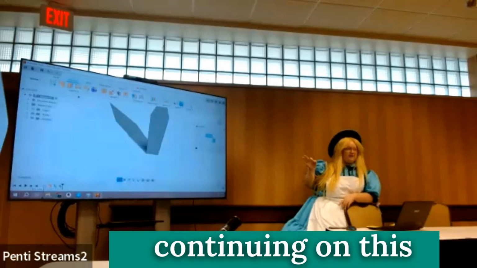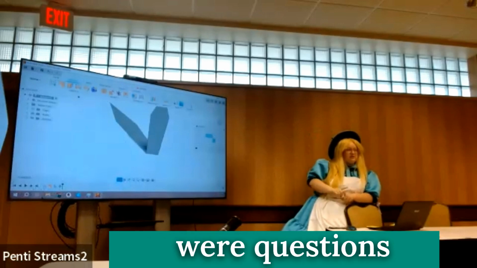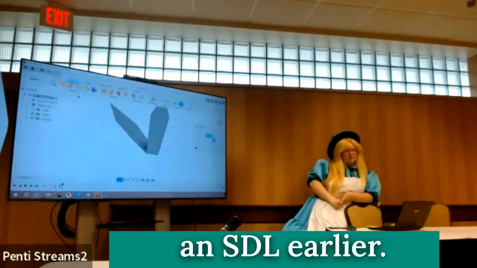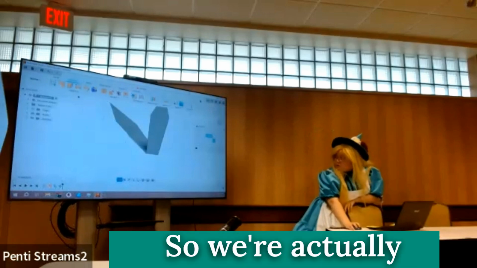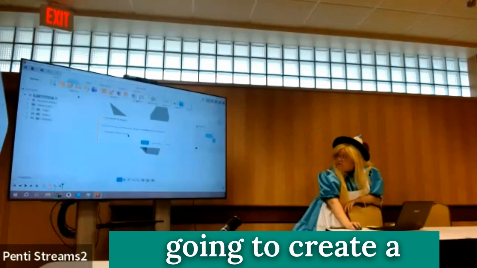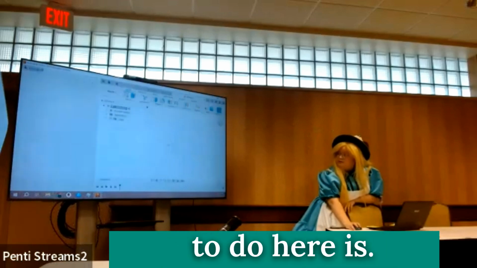Rather than continuing on this, that doesn't feel like it has much of a point. I know there were questions about how to alter an STL earlier. I think that's one of the coolest things you can do. So we're actually going to create a new design, and what I'm going to do here is,